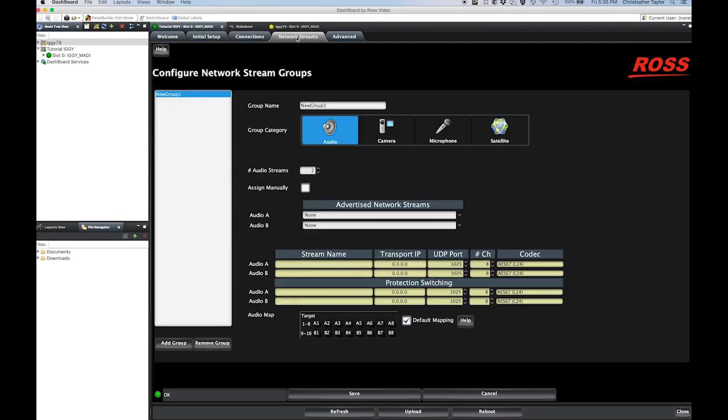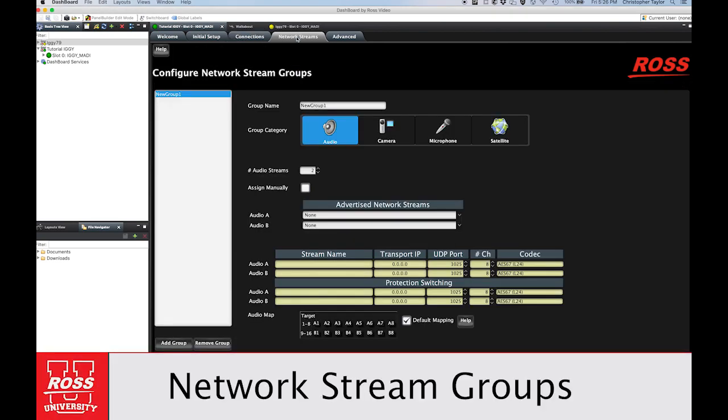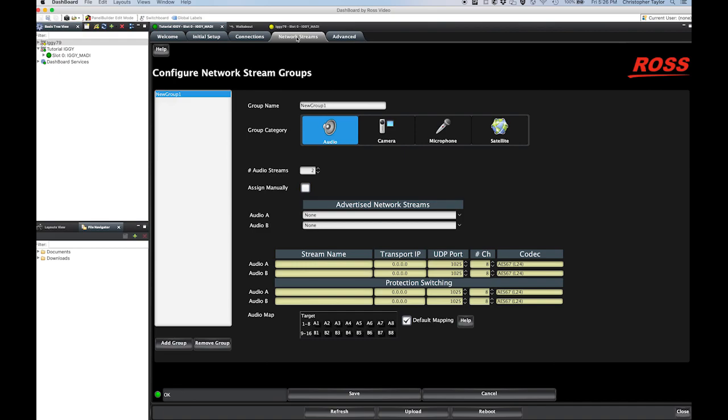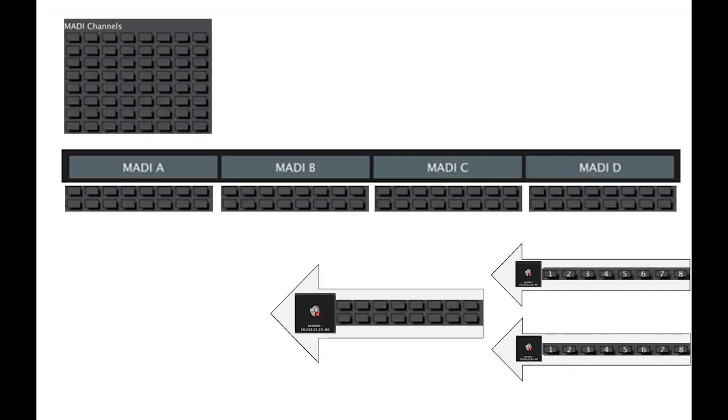The next section of this video deals with creating custom network stream group sources on the Network Streams tab. Such stream groups can be connected to outputs in just the same way as simple advertised streams are connected, but instead of being a block of channels exactly as received over the network, they are constructed out of one or more network streams and customized to give you much more control. For example, a stream group can combine multiple streams to make a source with more audio channels.